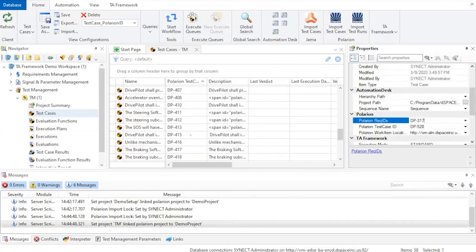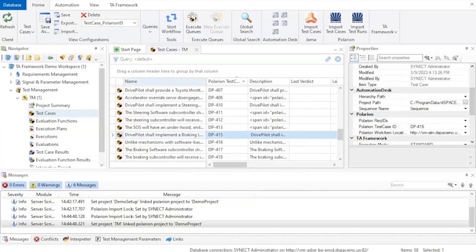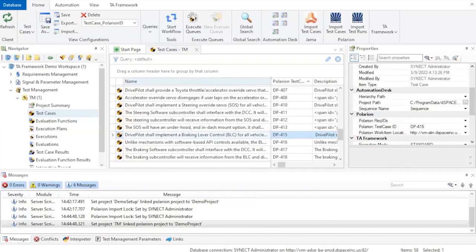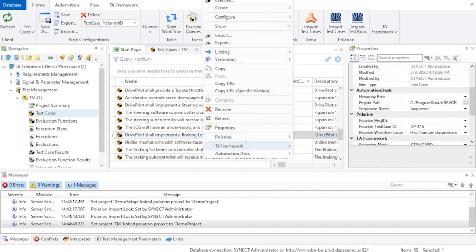Now let's go ahead and talk about creating an execution for a test case so that we can validate that test case to then verify our requirement. Here I'm going to select DP415, or if I expand this out, it says the drive pilot shall implement a braking lever control for all vehicles and... Here, if I want to go ahead and create a test case, I can right click and I can open the